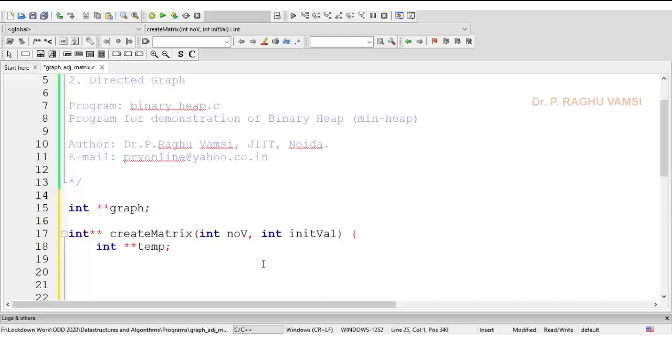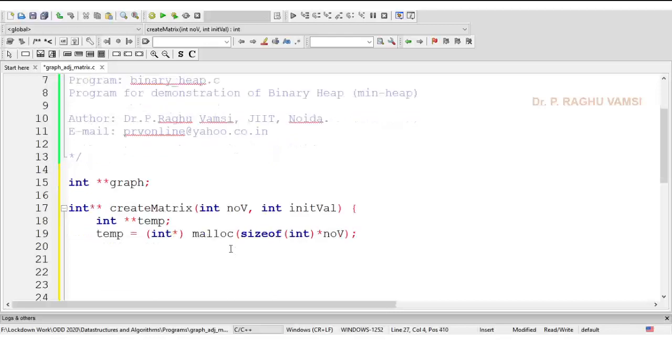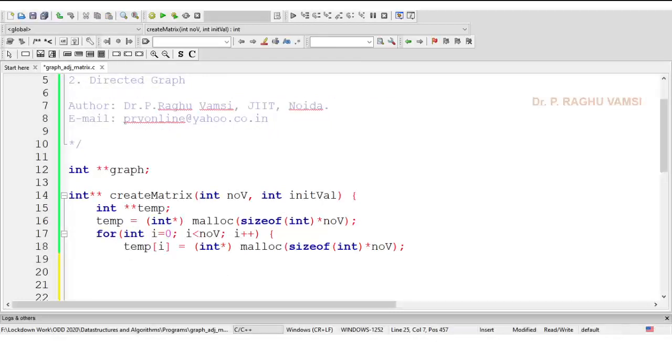Next, I am taking a temporary double pointer to which I am going to allocate row and column memories. Now the memory is allocated of size number of vertices. With this, rows of size number of vertices will be allocated. To represent a matrix for a graph, the number of rows must be equal to the number of columns, and both should be equal to the number of vertices.